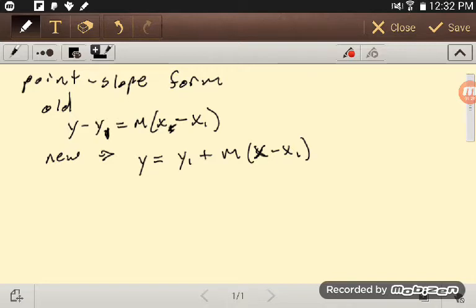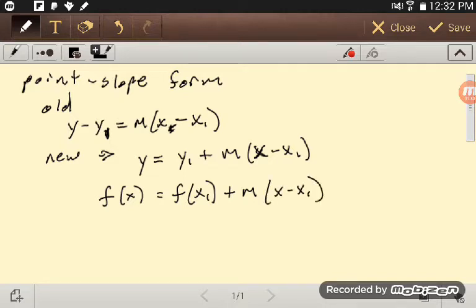So here, going to that function notation, f of x equals f at x1 plus m times x minus x1. Okay, so what this says is